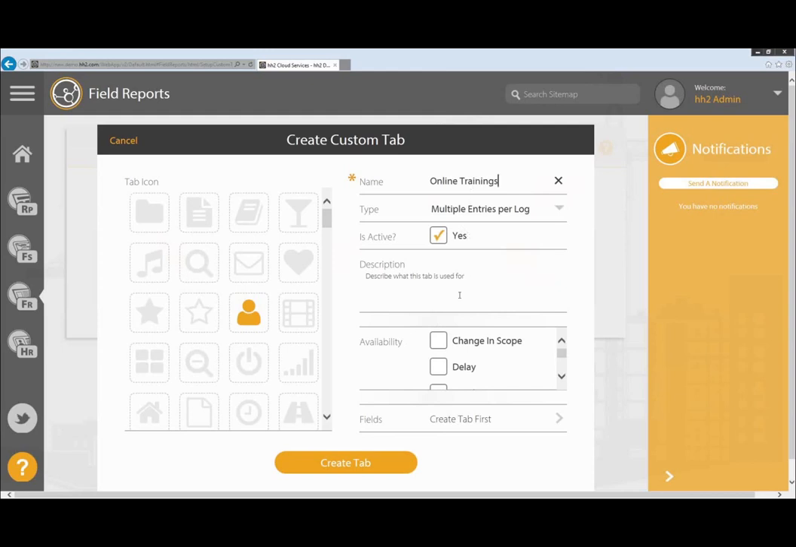And then I can come down and I can specify which report types this tab is going to be available to, so that the tab doesn't show up or is not available unless a certain report type is selected. Okay, so we can come down here, select our report types, and then I can create this. I have to hit the Create tab button first, and then once that's done, then I can go and I